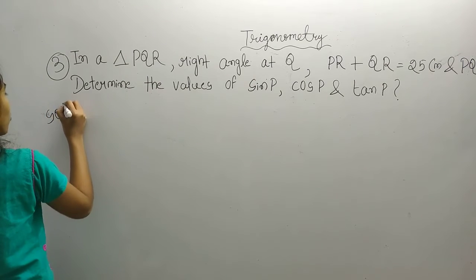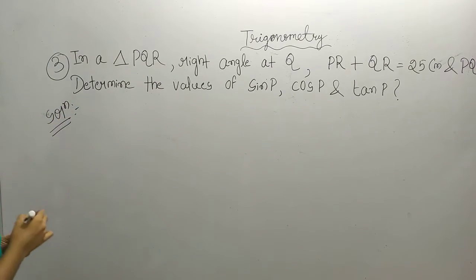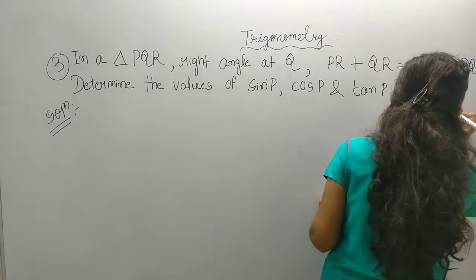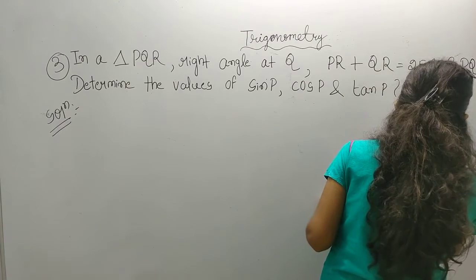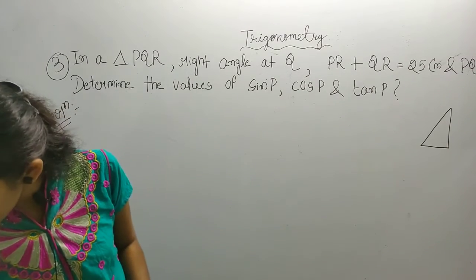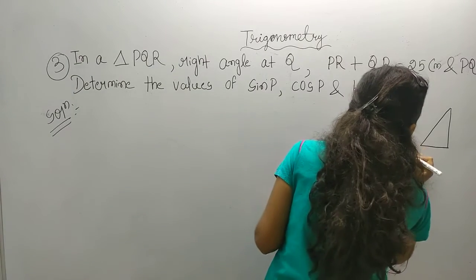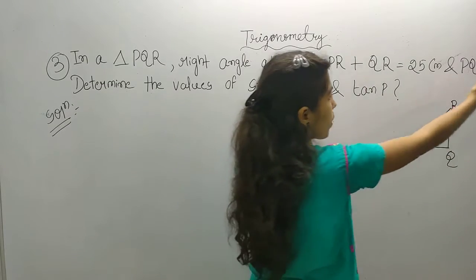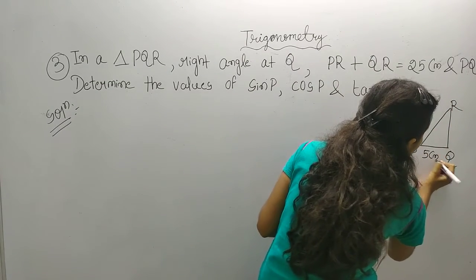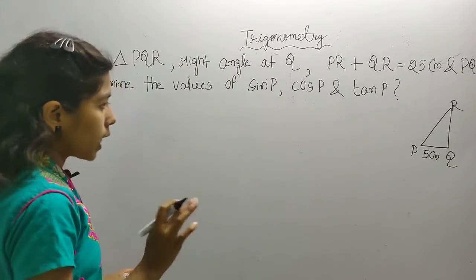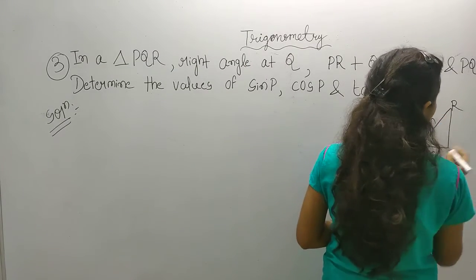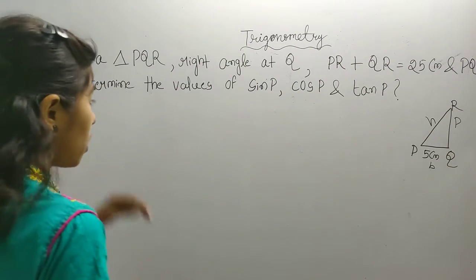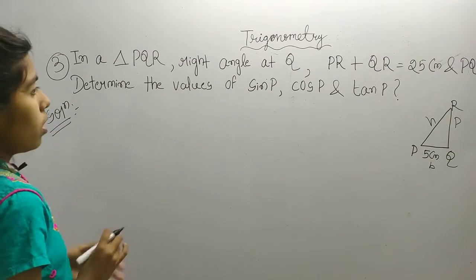First, what do we have to see? In maths, first we have to see what is given. Again one triangle is also given here. This is a PQR triangle. What is given? This is P, this is Q and this is R. So in the question you can see PQ is given 5 cm. Let's find out this is the hypotenuse, this is the perpendicular and this is the base in a normal triangle. So now let's find out the solution.